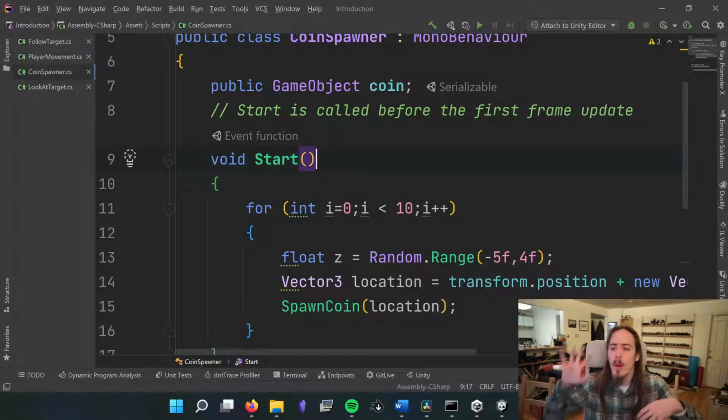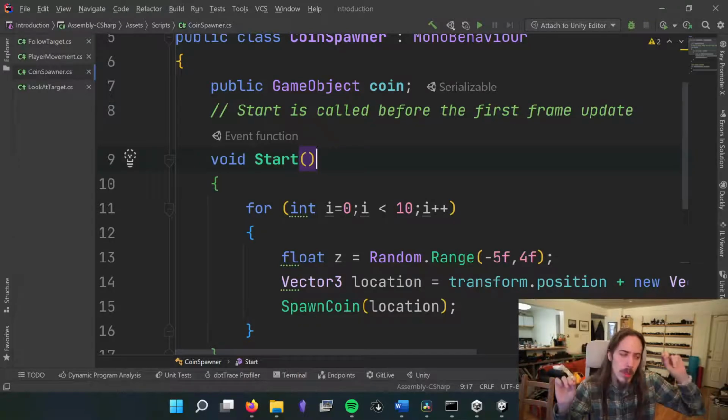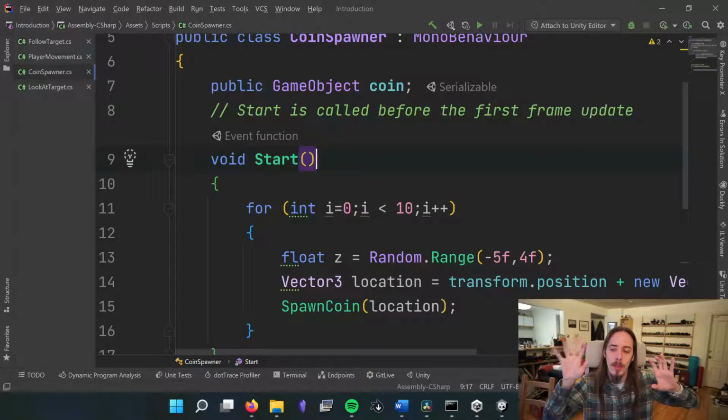So if one object has a start function and another object has a start function, we don't know which one's going to happen first. It's going to happen in the same frame, but we don't know which. So we need to write our code in a way that if this function in my right hand uses something in another function,